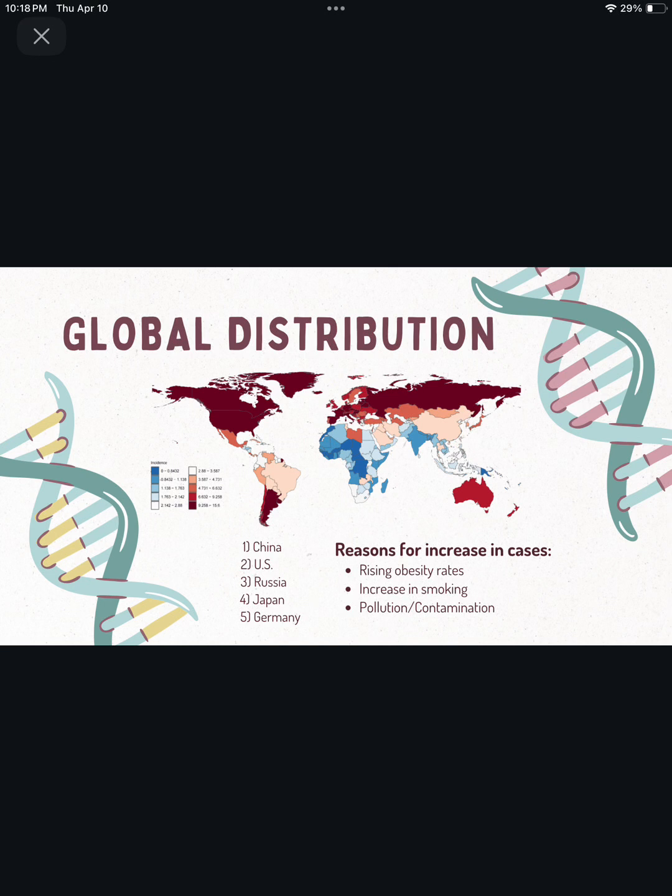Now, some reasons for the increase in cases of kidney cancer can be rising obesity rates in countries like China, Russia, Japan, and Germany, as well as an increase in smoking in all 5 of these countries. And specifically in Russia and Germany, pollution or contamination or just exposure to chemicals in general can cause an increase